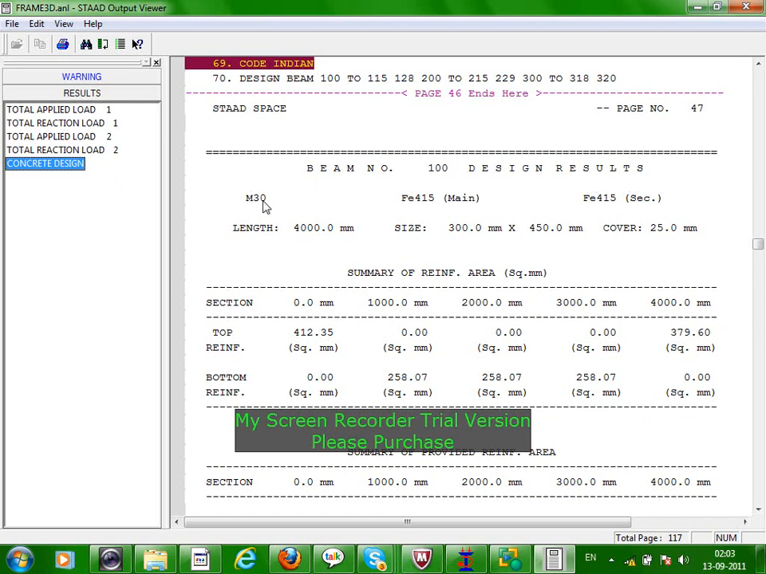M30, Fe415. We have not inputted anything, but the material is considered by default, whatever is available. Fe415 secondary. Length 4 meter, that we know. The section is what we have inputted. Cover 25 mm, as per code IS 456. Now this section detail: top and bottom reinforcement at 0 mm, this is at 1, 2,